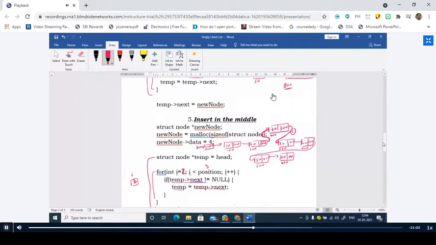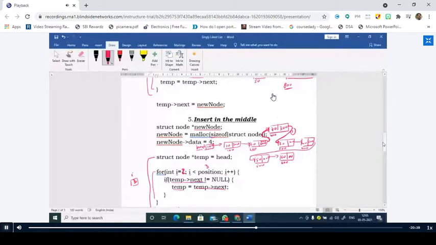What is the actual value of head right now? 100, sir. I have to move this head such that it points to the second node. What is the address of the second node? 200, sir. That means I have to store 200 inside this head. How can I access this 200?